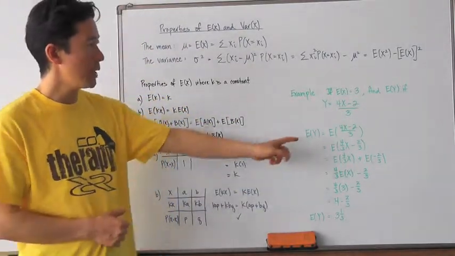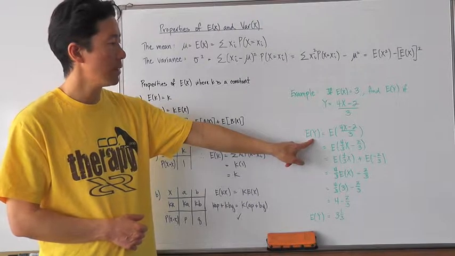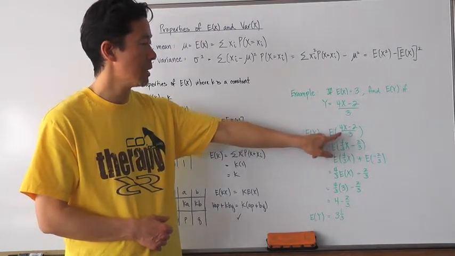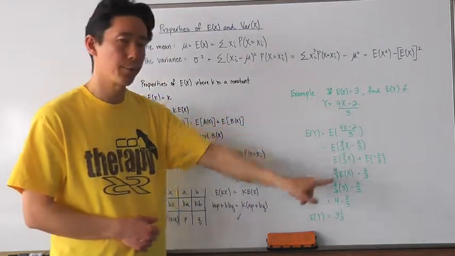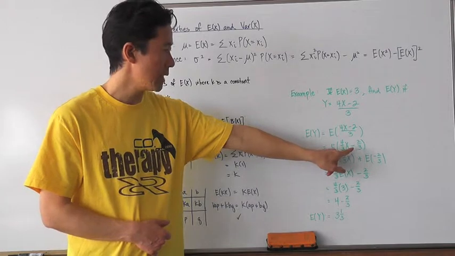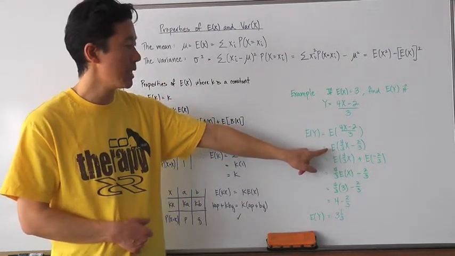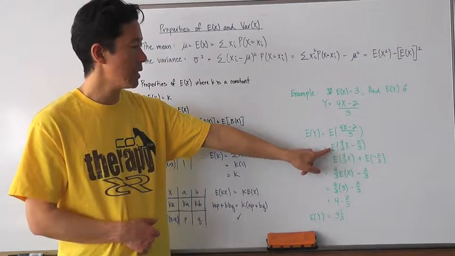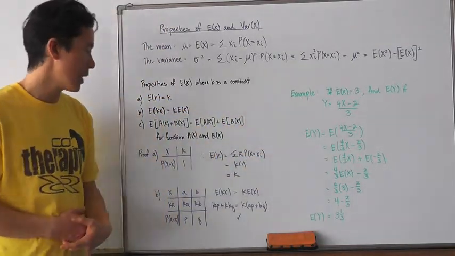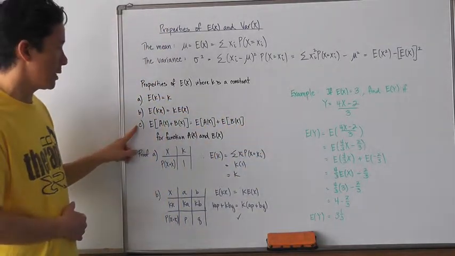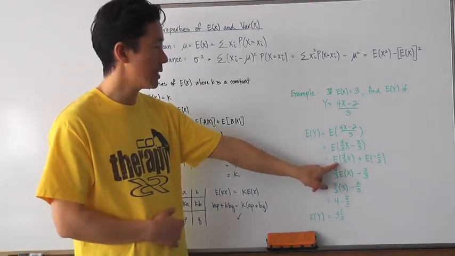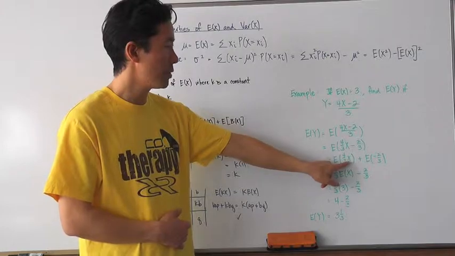Now, if we're trying to find the expectation of y, then of course the expectation of y is the same thing as the expectation of 4x minus 2 over 3. I'm going to rewrite that slightly differently so that it's easier for us to see and use. So this is going to be the expectation of 4/3 x minus 2/3. If we take a look at property letter C, I'm going to break that up to say that this is the expectation of 4/3 x plus the